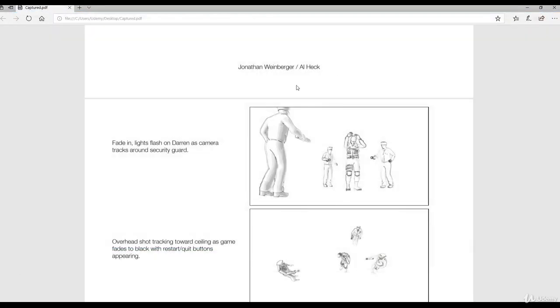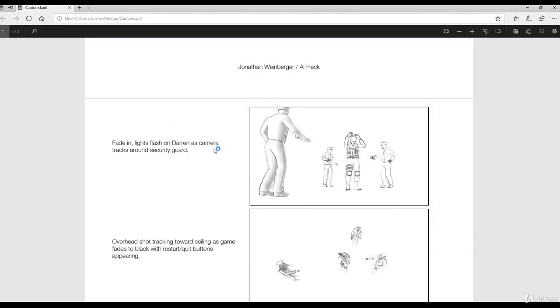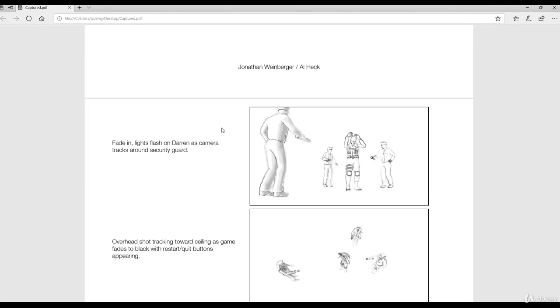So let's go ahead. In this video, you'll find in your resources folder a link to download this captured PDF. And inside here are our director's notes and the cut. So here we have a fade in, lights flash on Darren as camera tracks around the security guard. So we're probably going to use a dolly track for this to basically get that curved motion to always be